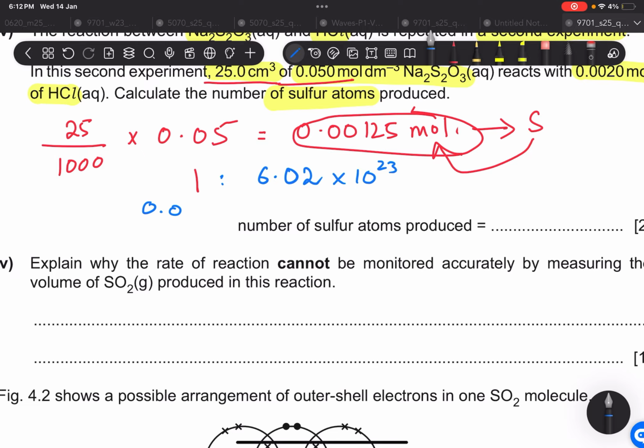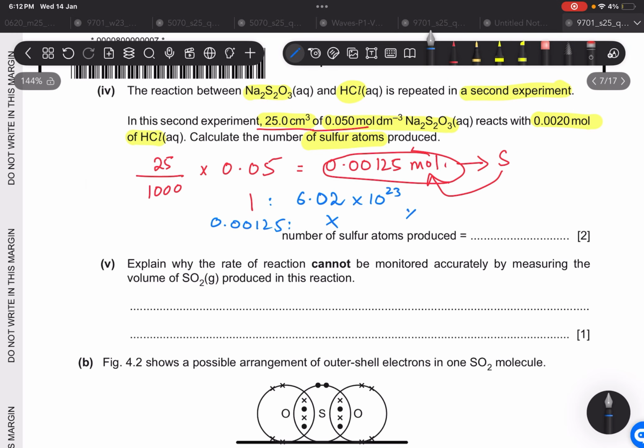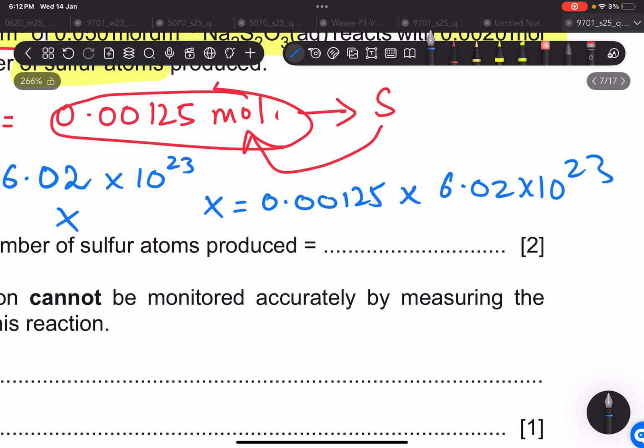So in 0.00125 we have x. How do we find out the value of x? X is simply going to be 0.00125 multiplied by 6.02 into 10 exponent 23. You have your scientific calculator, a proper one, you're going to do the calculation and then you're going to get the answer. I don't have my calculator right now, so wait a sec. Let me do it. 0.00125 times 6.02 into 10 exponent 23, and that gives me,